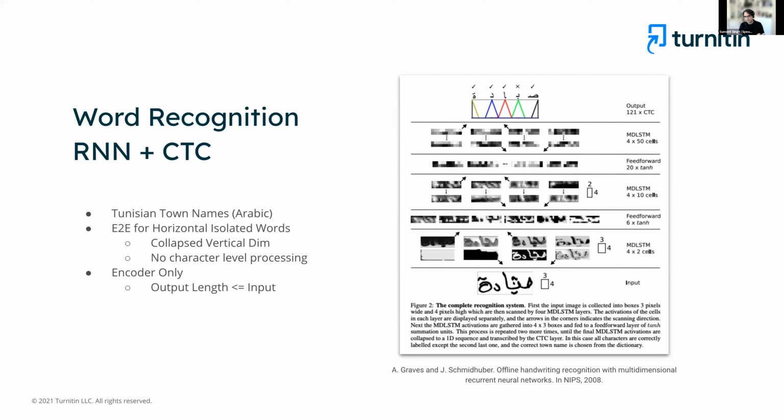The other thing is that, whatever the size of this image, once you do the subsampling, ultimately you'll come up with some sequence length, which is a fixed fraction of the length of this image, the number of pixels in its width. That may be unrelated to the actual number of characters in the sentence or the word. So how do you deal with that? And in order to deal with that,